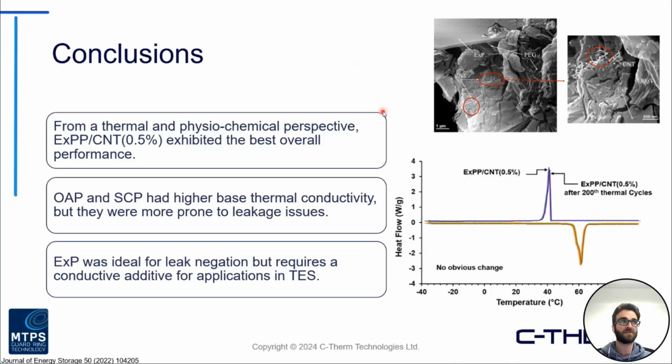So the conclusions that they drew from a thermal and physiochemical perspective: the 0.5% CNT loaded phase change composite exhibited the best overall performance. They saw excellent thermal cycle behavior within the sample. You can kind of see some SEM images that were taken there as well. And like I mentioned, even though these 2 options did have a higher base conductivity, those leakage issues were essentially